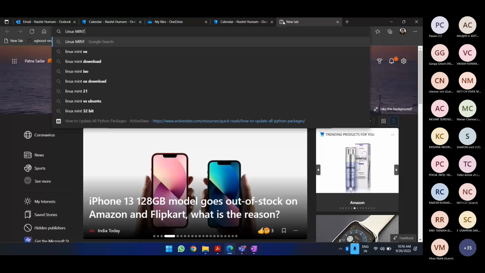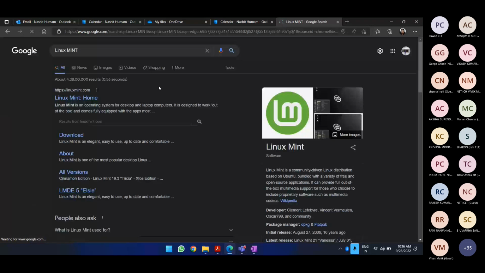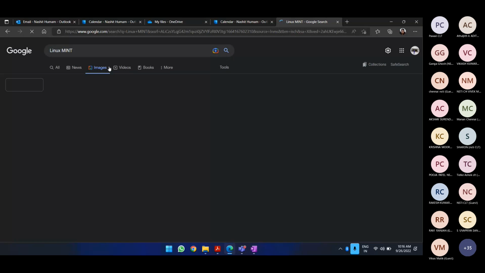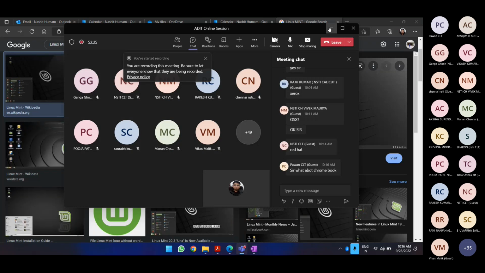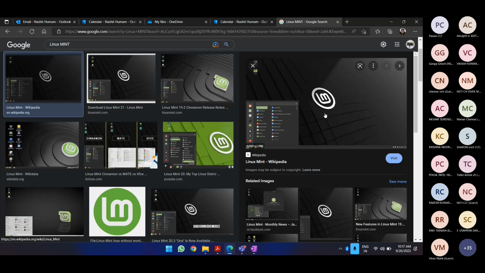I used Linux Mint and I found that it really had a very good UI. This is what you get in Linux Mint. You can see most of the features are somewhat like Windows.